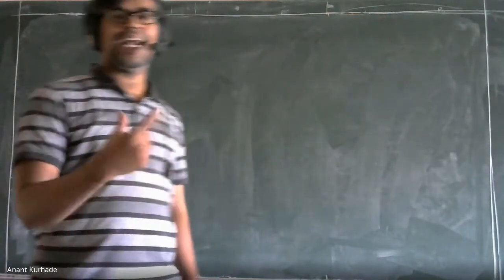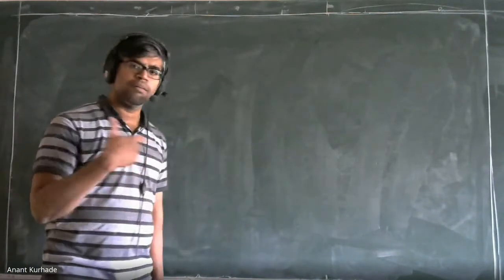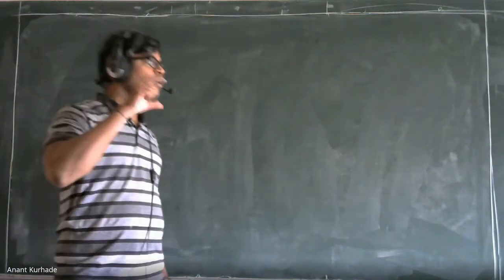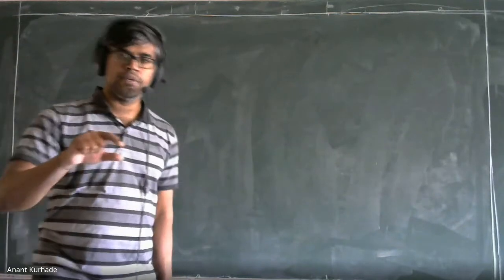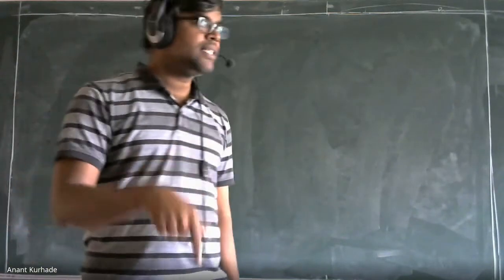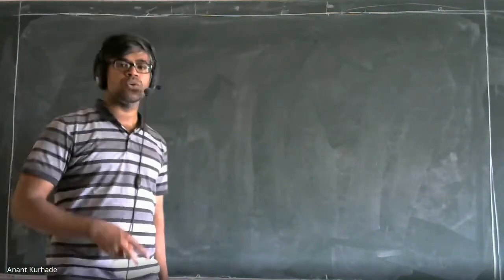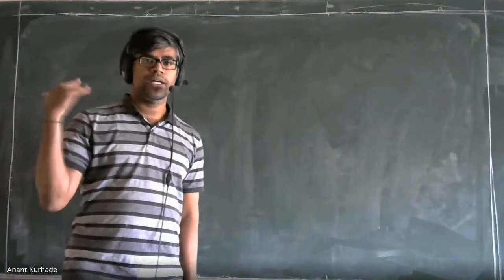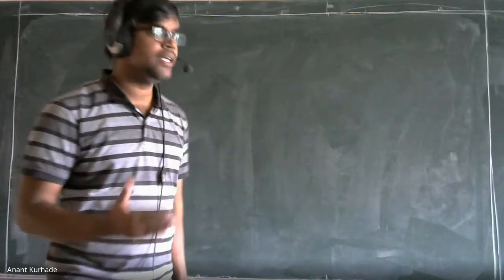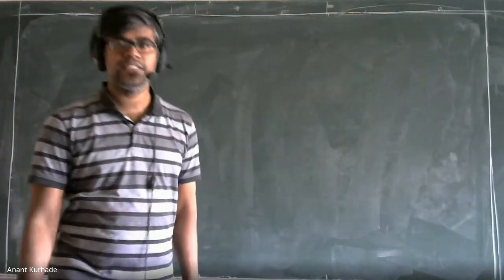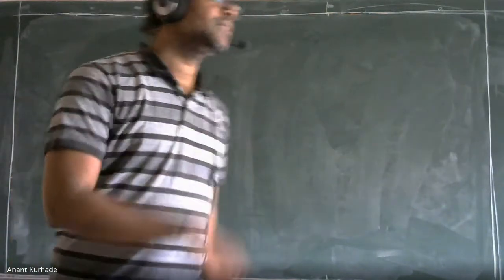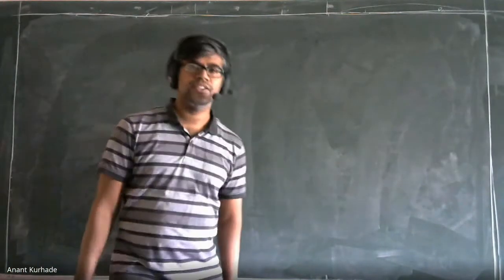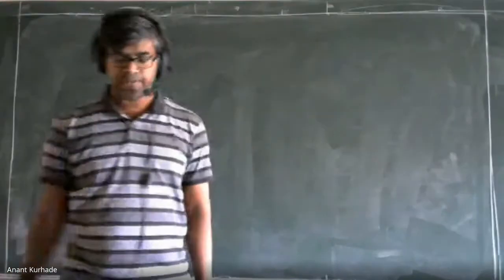For addition, add these two numbers. Subtraction, minus. Multiplication, don't forget to neglect error into error. And division, again we have to neglect values in the numerator and denominator. In the denominator, error square, and in the numerator, error into error, ex into ey. Then we have to check for significant digits. Okay, significant digits. There are four significant digits.